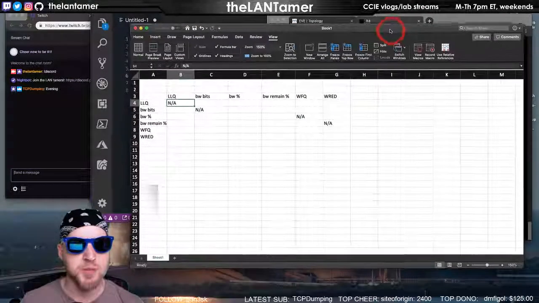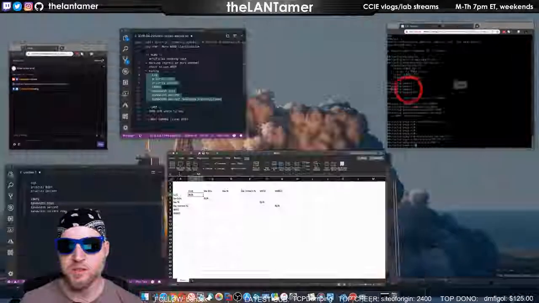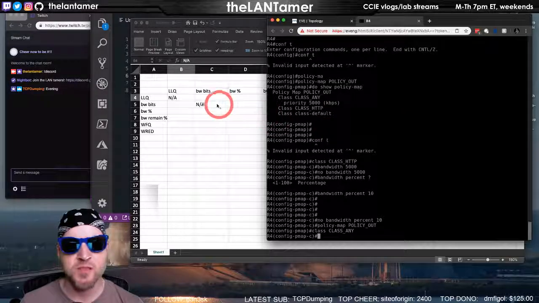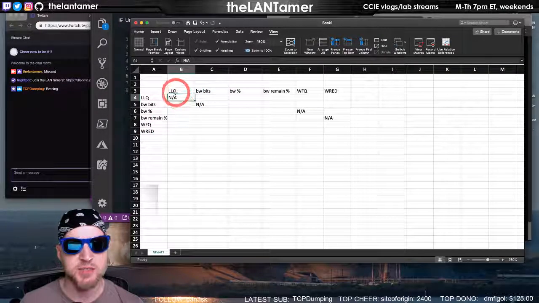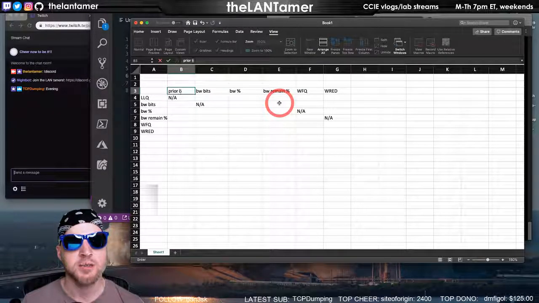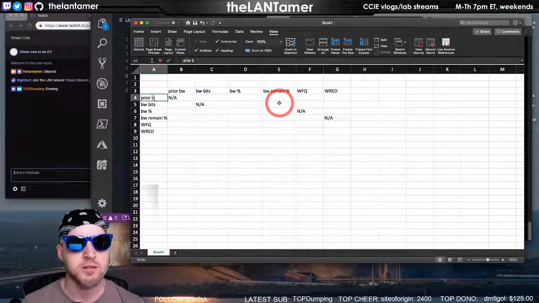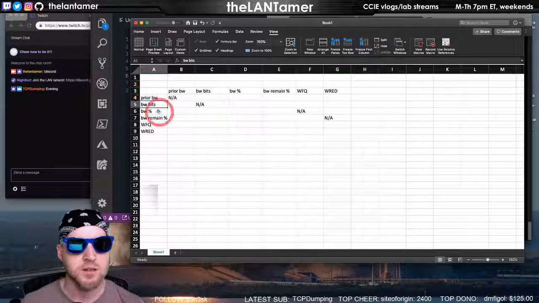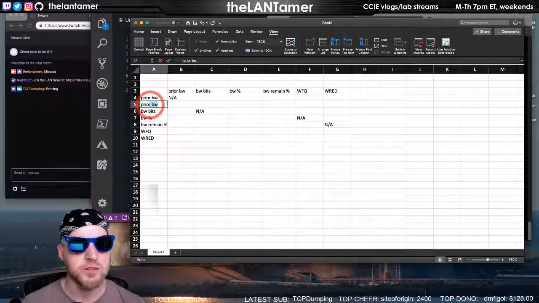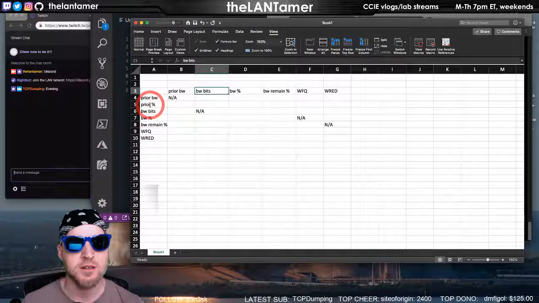And this probably varies by platform, right? But we're going to at least go with what we have. So we know that when we use, actually what we need to do here is priority bandwidth. Priority percent, yeah.